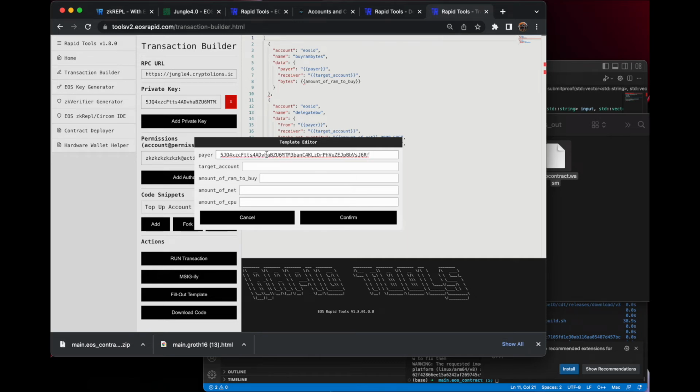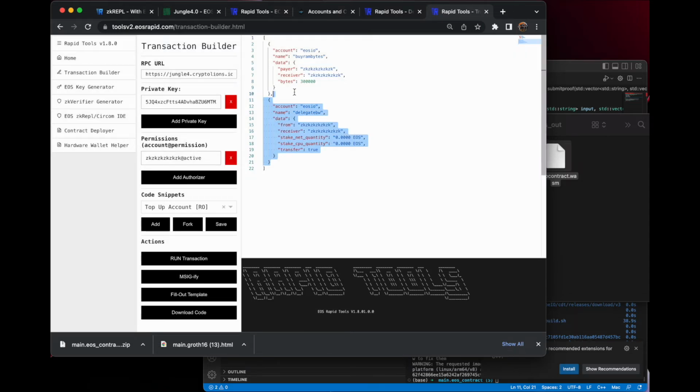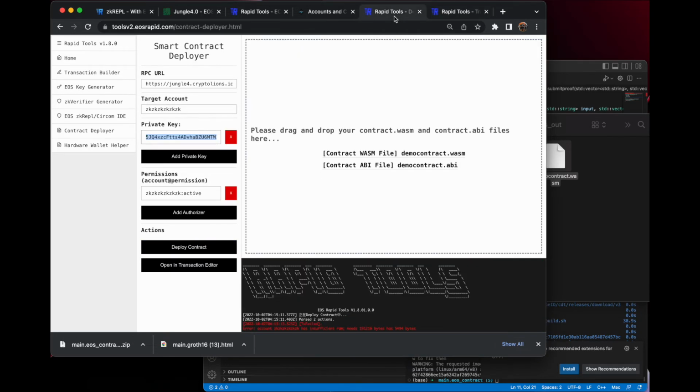Payer is ZK. Let's buy 300,000 bytes. Okay. So first we'll buy our RAM. Now that we have our RAM,